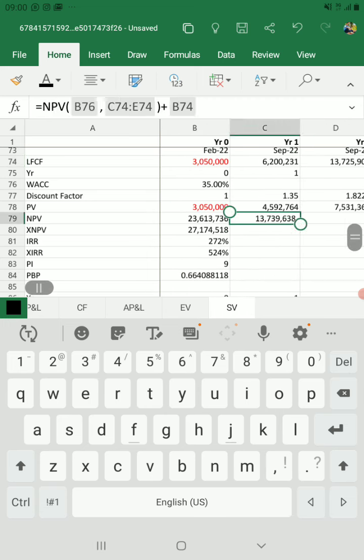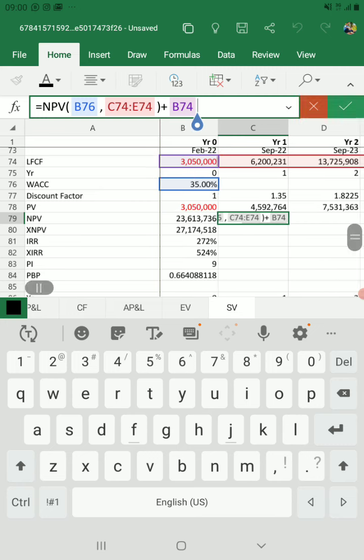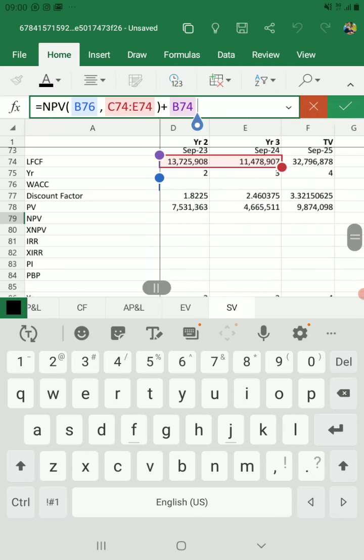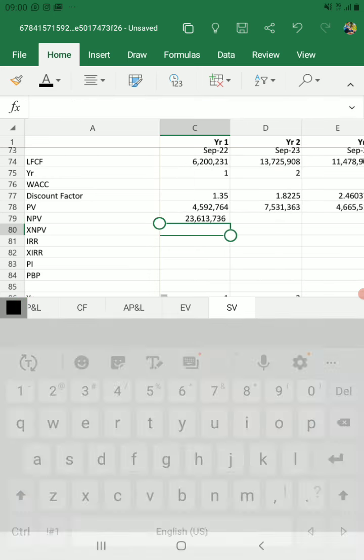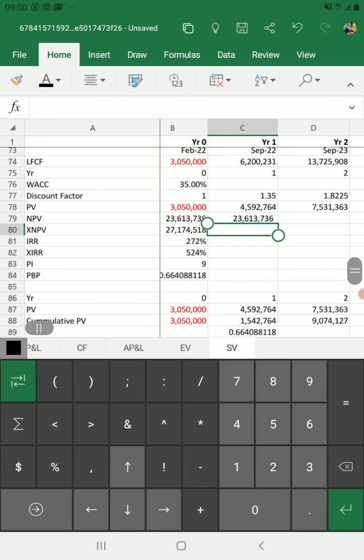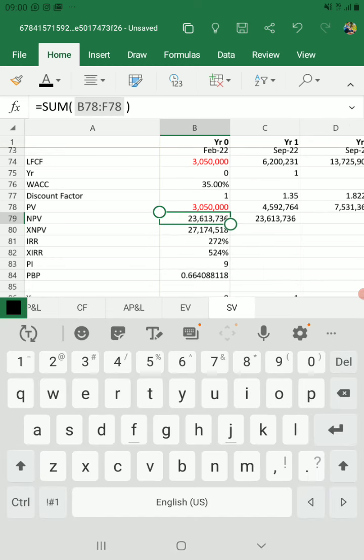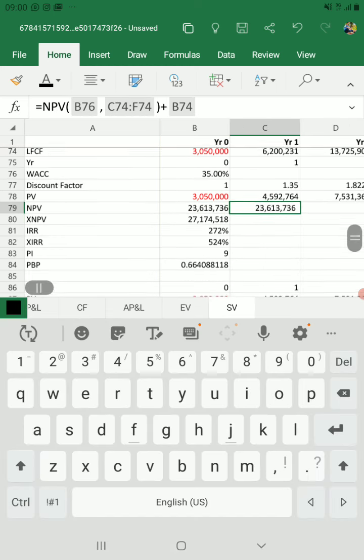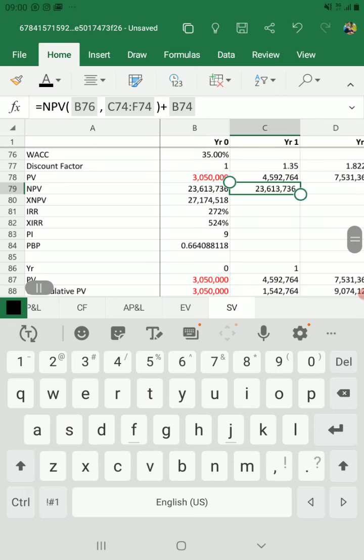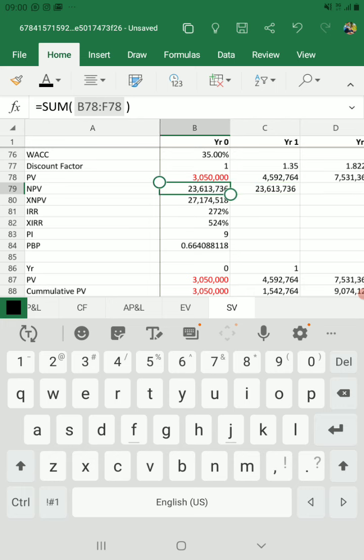Sometimes using the tablets becomes a challenging thing, because I just wanted to drag this to cover. Yes, okay, so I have already covered that. So our computations, manual and using the inbuilt Excel formula, are the same. The same we need to do for this one, which has already covered